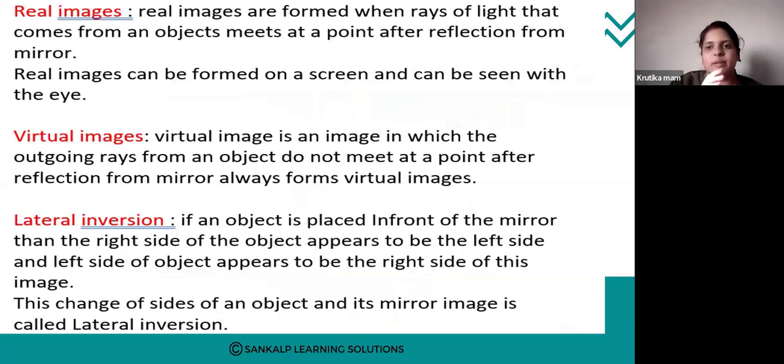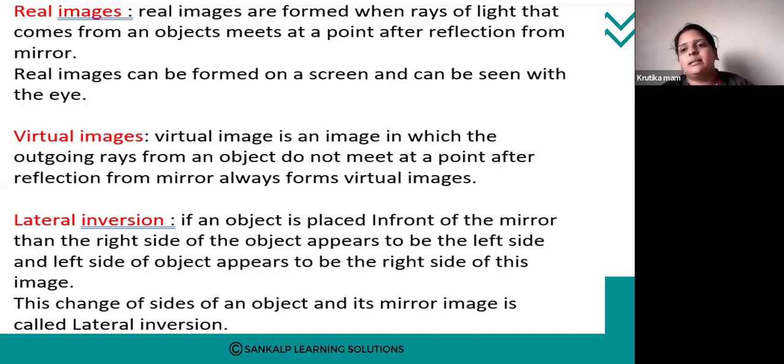What is reflection of light? What is light? Light is a different phenomenon. Then next, how the reflection of light occurs. So next we are approaching image formation, either by the plane mirror or by the spherical mirrors. So first we need to know what an image is and how many types of images there are. So here you can see the real images and the virtual images. In images we can have two types, real image and virtual image.